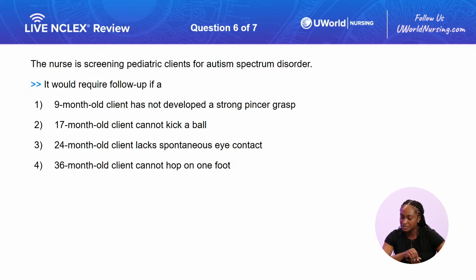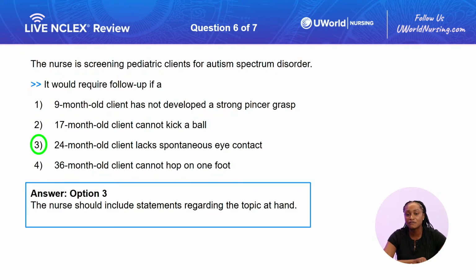Good job, good job. This one seems like a good, easy one for you guys. It's pretty unanimous in the chat, which is option 3, that 24-month-old client lacks spontaneous eye contact. This is one of the things that we look out for developmentally when screening for autism spectrum disorder. So at 24 months or 2 years of age, if they are not maintaining eye contact, especially when you're talking with them, this is geared towards autism spectrum